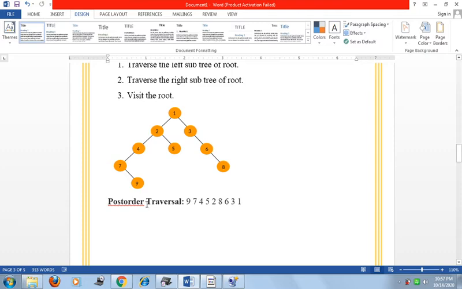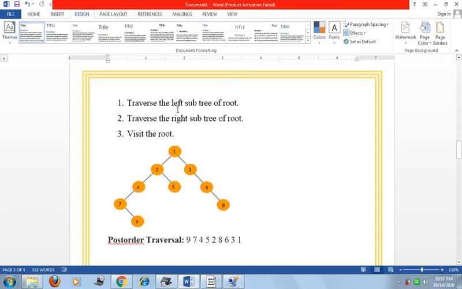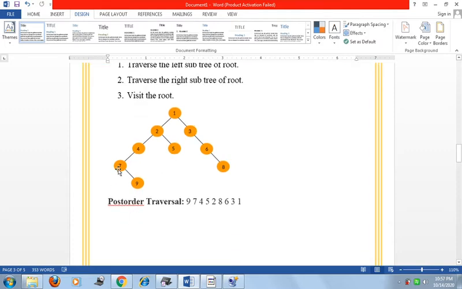So here we traverse the left subtree of the root. Now take this way. Here the left hand side will not be there, so we go to the right hand side. Here 9 will be written, then 7 will be written, because 7 is the left part of the 4. Now 4 will be written, then 5 will be written, then 2 will be written, and then 3 will be written,